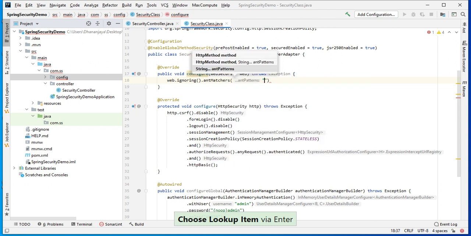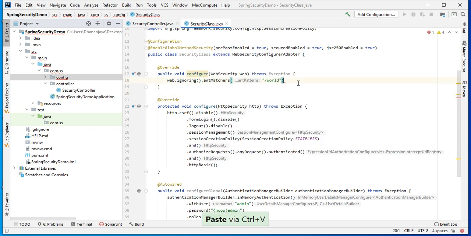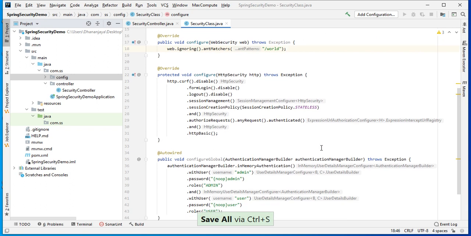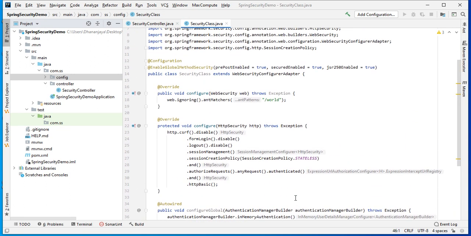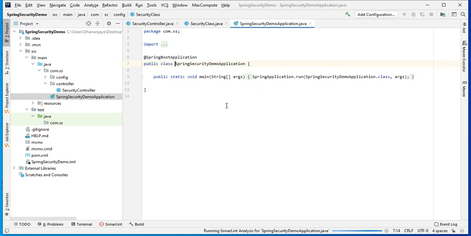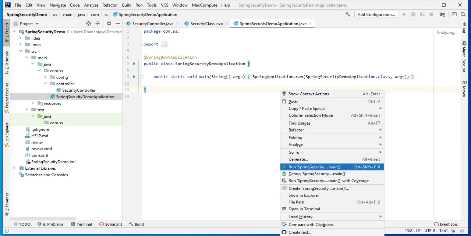Whatever matches will be there, just ignore that one. So suppose the world URL will come as a request, then ignore the security part. Okay. That's it. The security configuration. Let me start the server and just test the application.